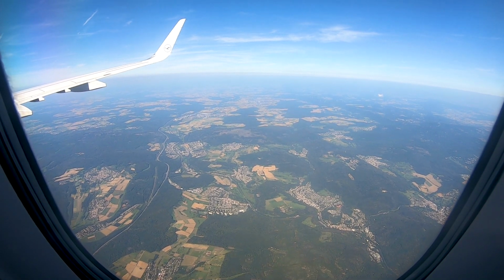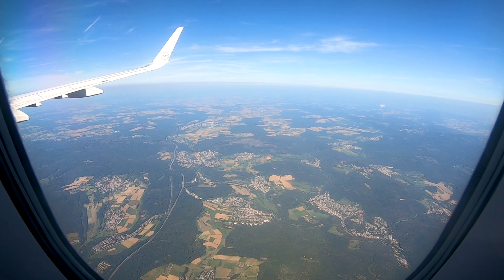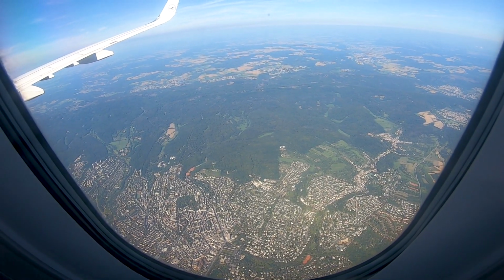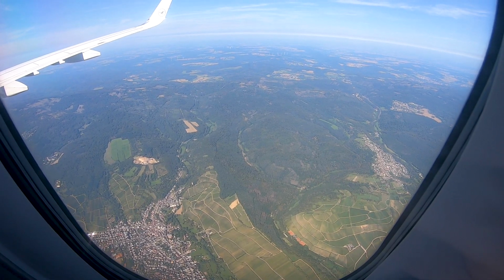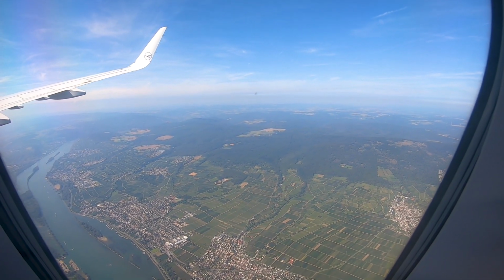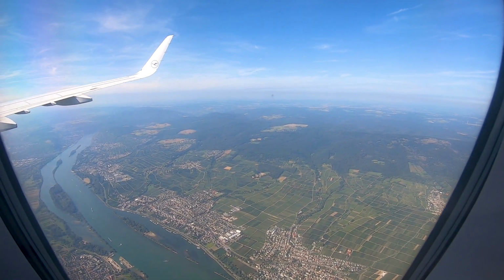Here we're just flying over the famous Autobahn A3 and the high-speed train line between Frankfurt and Cologne. Here we have the city of Wiesbaden, and soon after we can see the vineyards of the Rheingau, before making a sharp turn to the left. Here we are flying over the river Rhine. In the background we have the famous city of Rüdesheim, and now we are starting our sharp turn to the